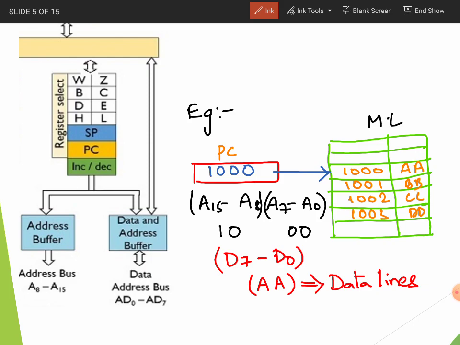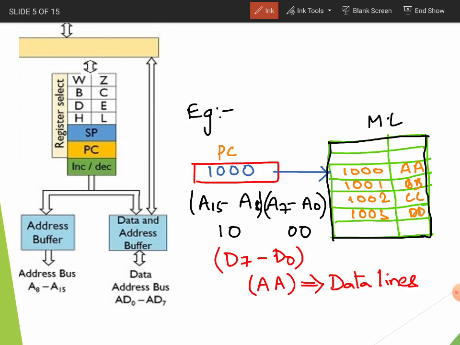So you wrote your program from the location 1000, and this is my memory, and from 1000 I have stored my program, and I want my microprocessor to execute the program.